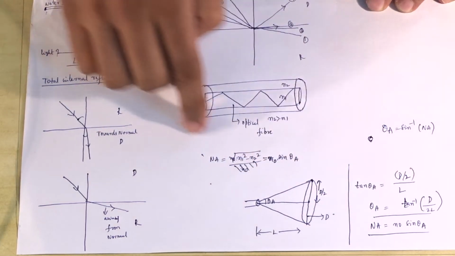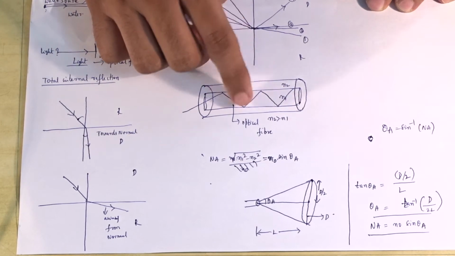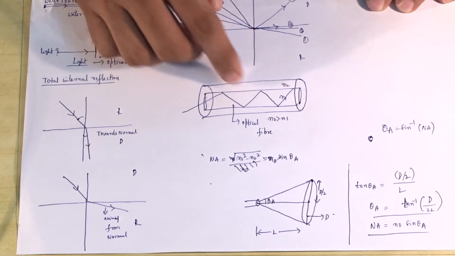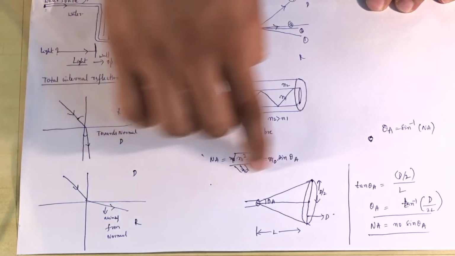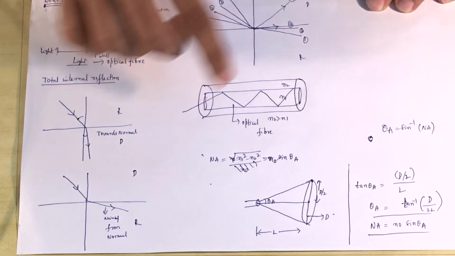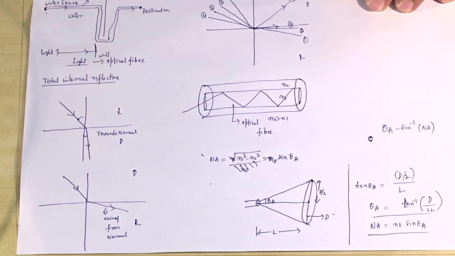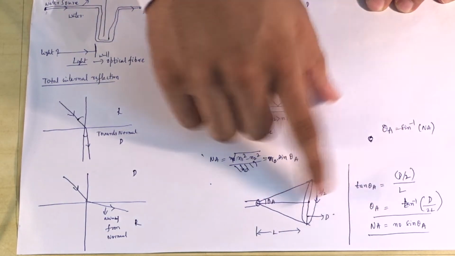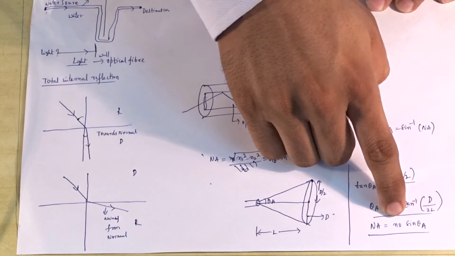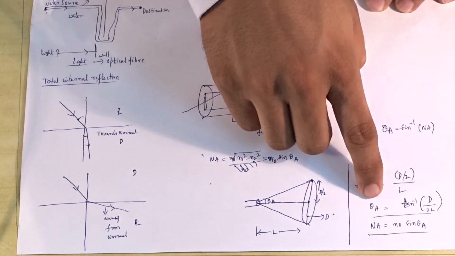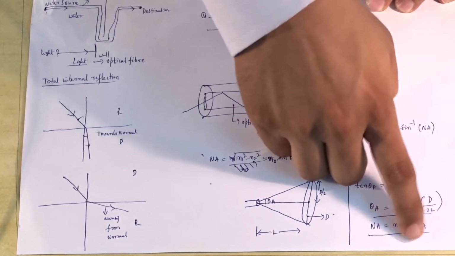N naught is the refractive index of the surrounding medium, and N1 and N2 are the refractive indices of the core and cladding. N naught is the refractive index of the air surrounding the fiber. You can take it to be approximately equal to 1. So sin theta A is what you have already found out, and if you put it here,